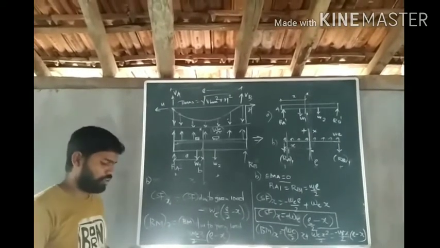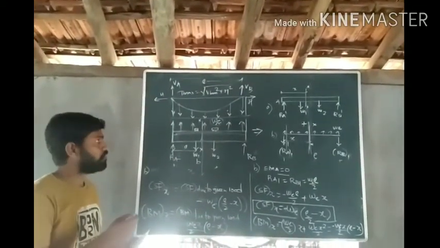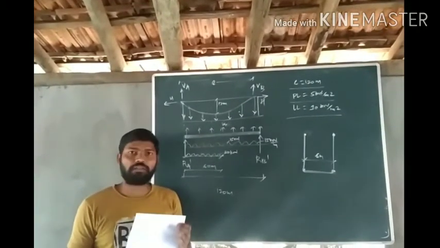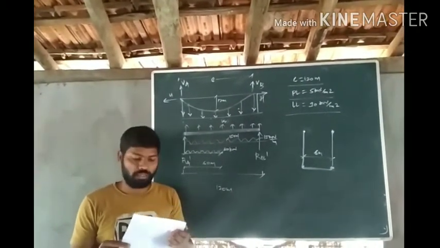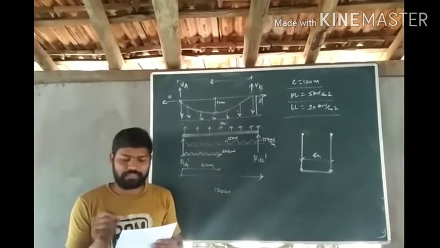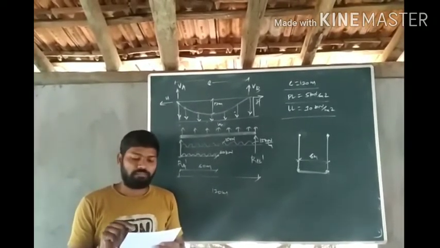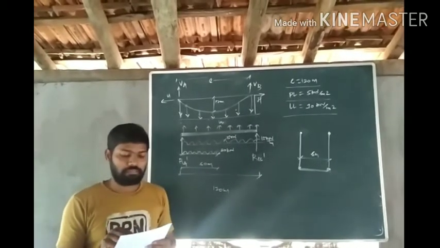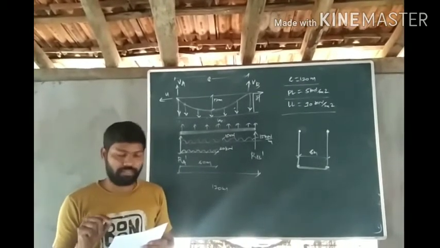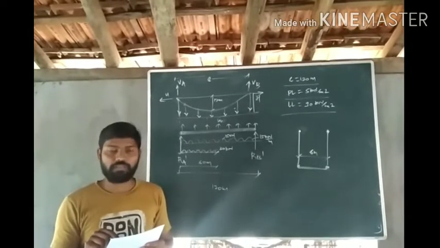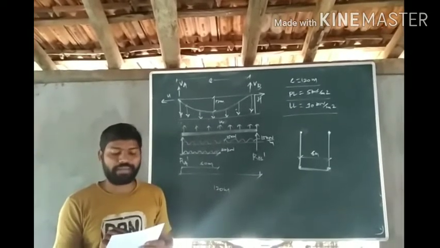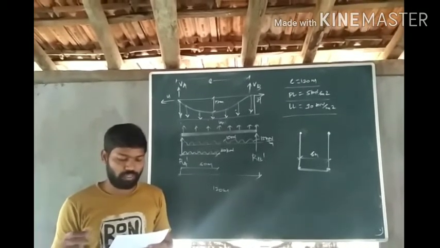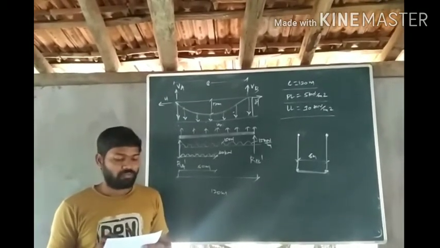So we will solve a numerical on this suspension bridge. So I will read the numerical for you. I have already given this copy on the model. You can see only one correction is there, that the copy which is already uploaded on the model, there the span given is 12 meter in the PDF. The actual span is actually 120 meter. So please note that correction, otherwise you will get confused. Okay. So I will read the numerical.